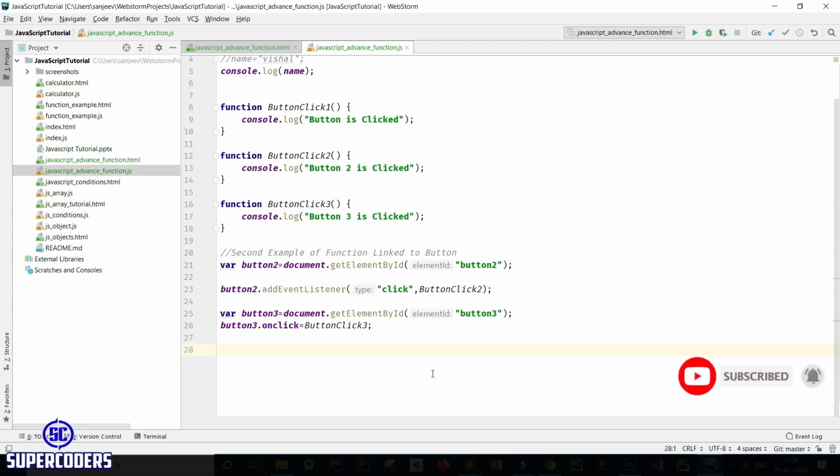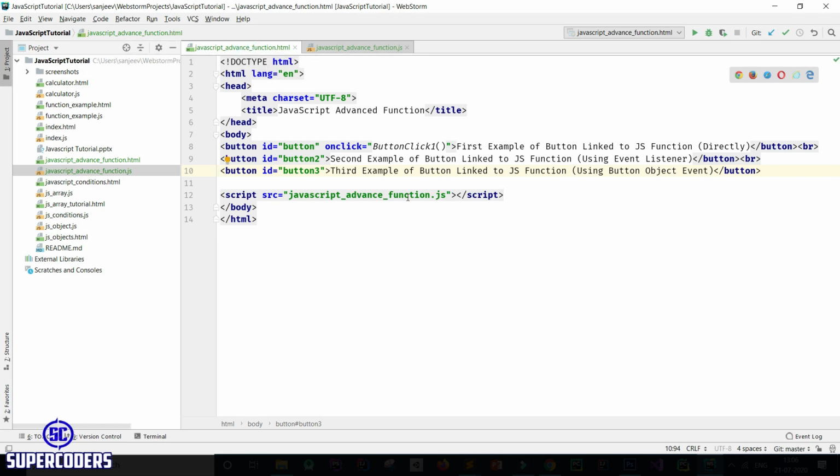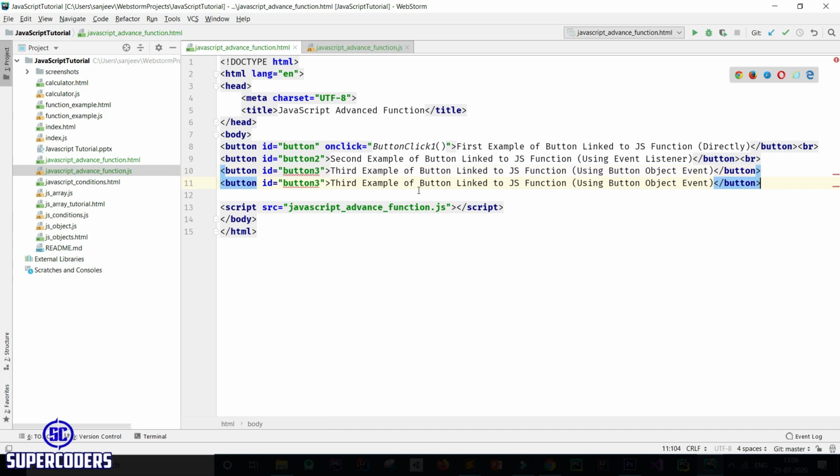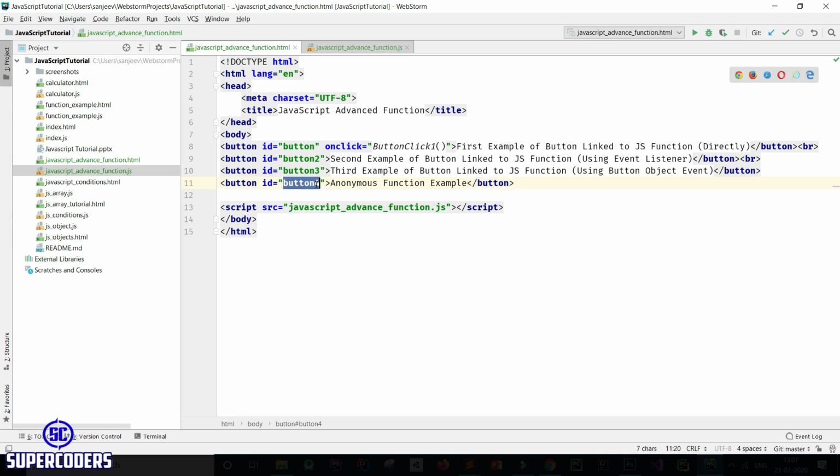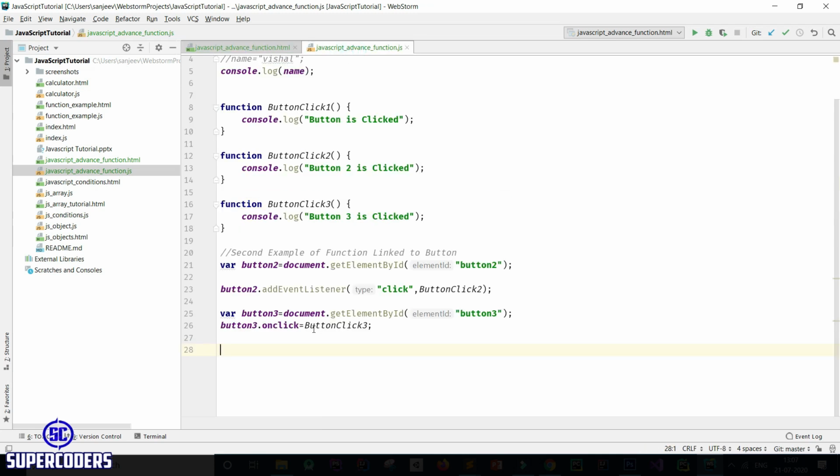Now let's see an anonymous function example. So how can you create an anonymous function? Come back here, then create a button for anonymous function example. Let's see how you can create an anonymous function. Copy this and create a button.